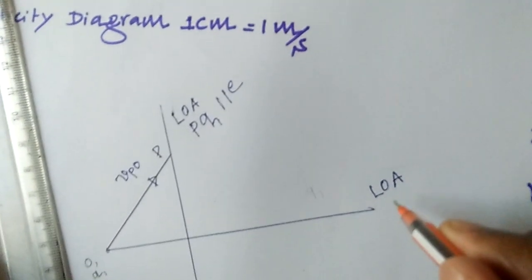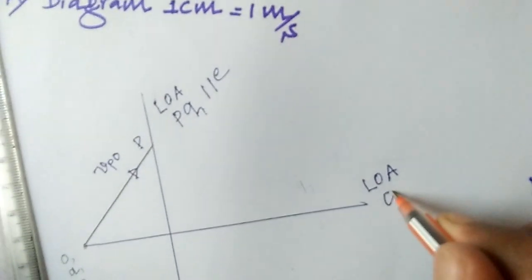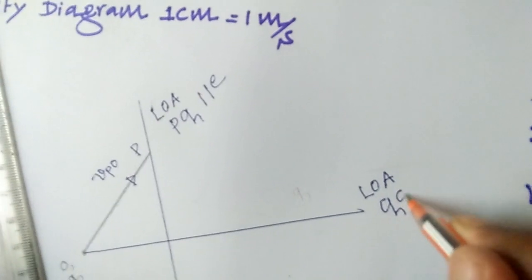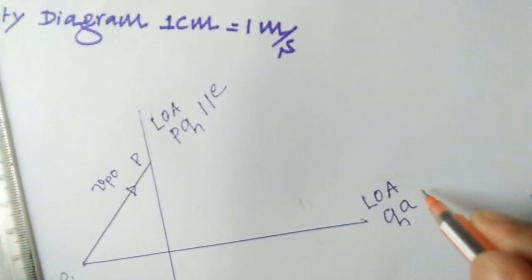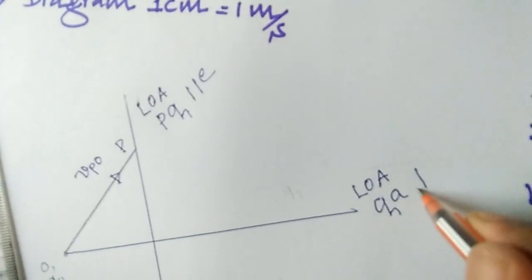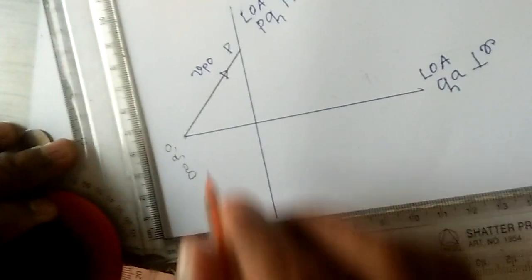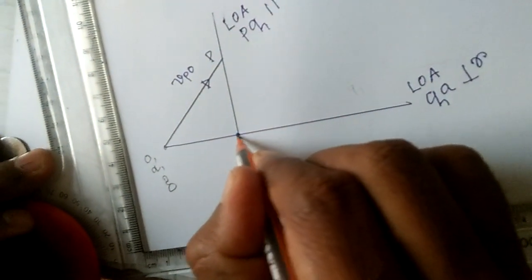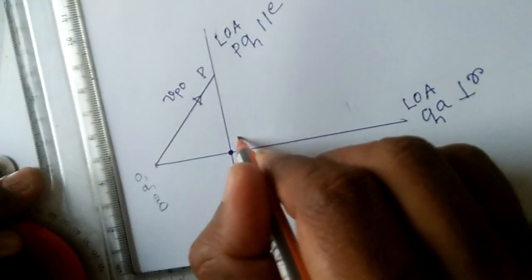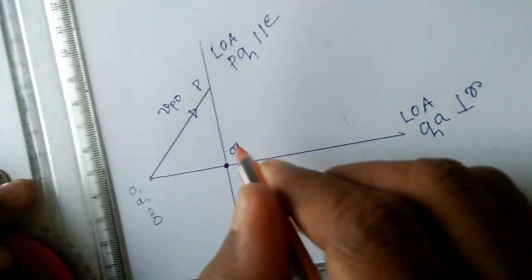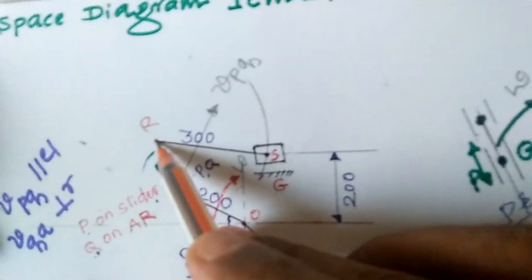That is Q with respect to A, that is QA, along this perpendicular. Okay, then this is a new point you got, you can say that is point Q. Then you have to determine the velocity of this point R. We can find R because you know this one. By this one you can measure the things.